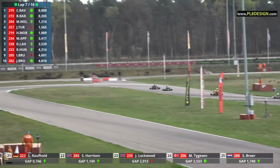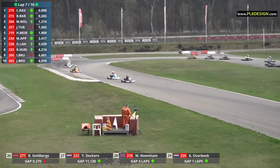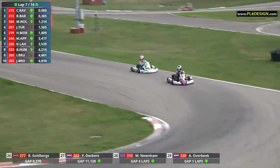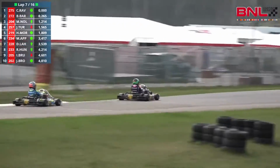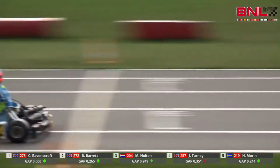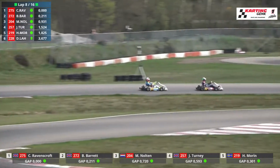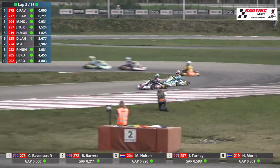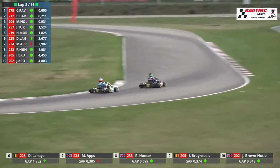Of course, he was the one that closed down Brad Barrett by about a second in 3 to 4 laps. So he can close a gap like this down, the gap to the two leaders, about 1 second. So he did this in race 1. There's no reason why he won't do it again in race 2. It's the same driver ahead of him, although this time it's Ravenscroft in the lead with Barrett behind. But for Turney and Morin, they are in a pretty decent position. They're actually struggling to keep up with Mick Knowlton here. Mick Knowlton kind of disappearing from them as he gets another new fastest lap,